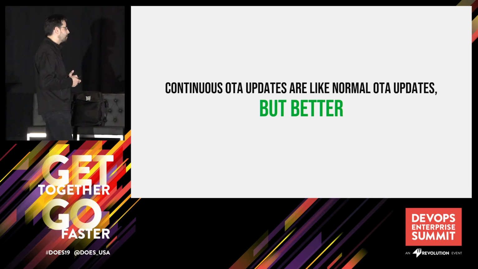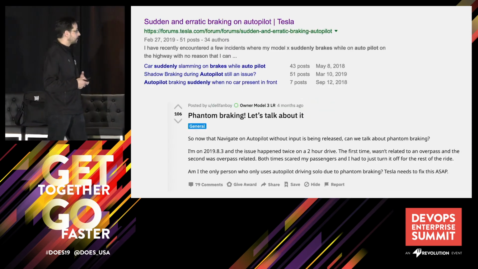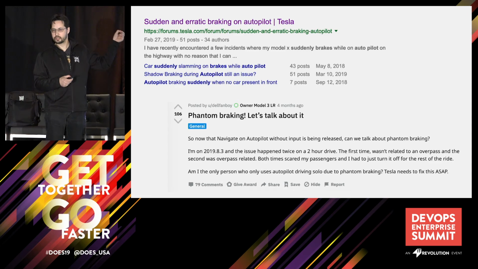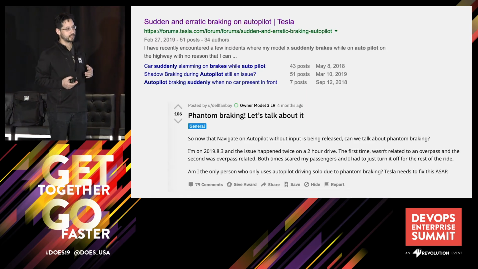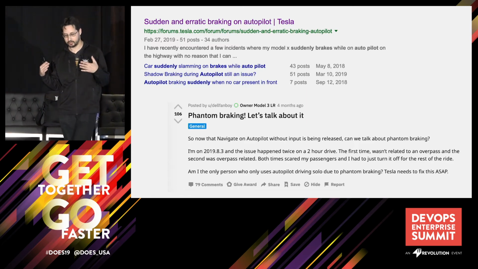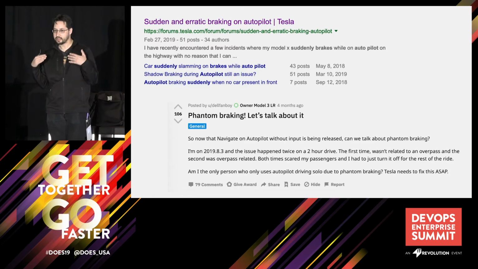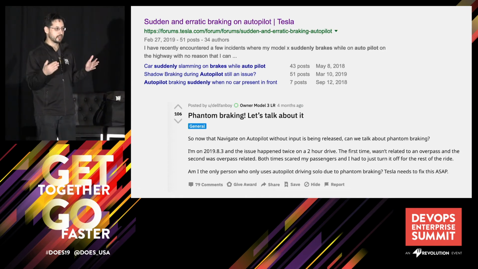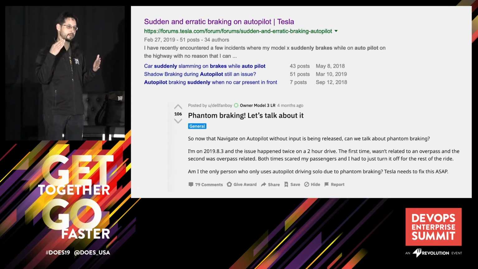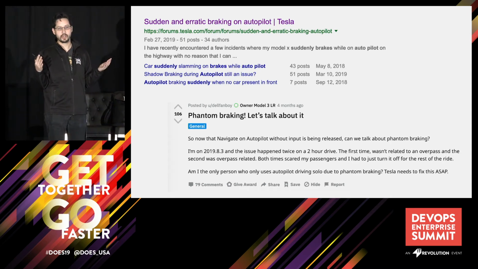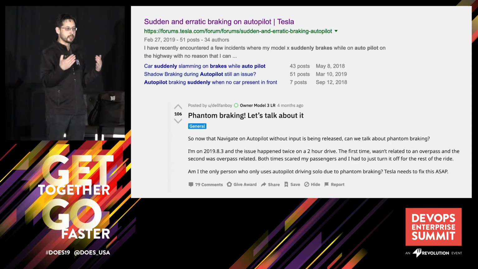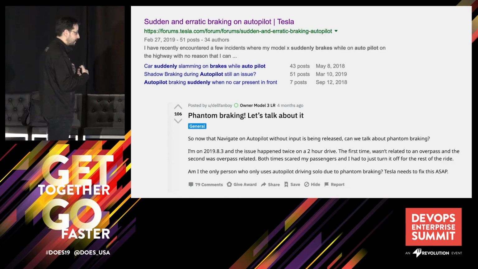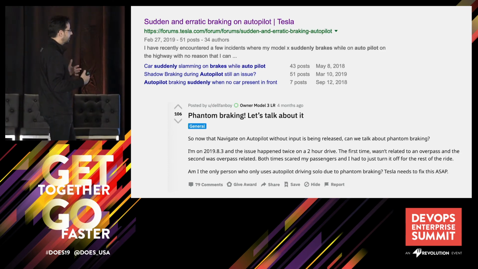And one of the problems it introduces is stuff like this. So there was an issue at Tesla with phantom braking. The way phantom braking works is you're cruising down the freeway. It has all those automatic collision detection systems working, and it thinks there's an obstacle when there's actually not one, and the car suddenly stops. So this is incredibly dangerous. It's dangerous for a different reason, right? Not that you can't stop the car, but that somebody might crash into you because the car thinks that it needs to stop for an obstacle.